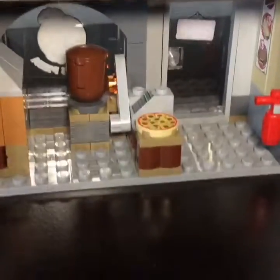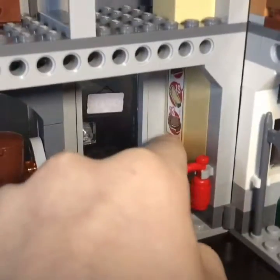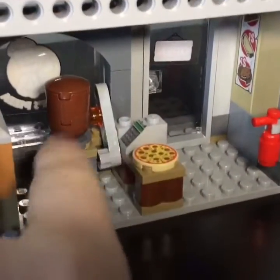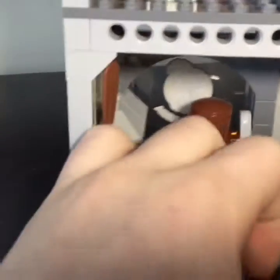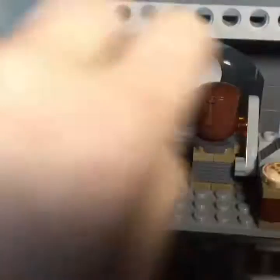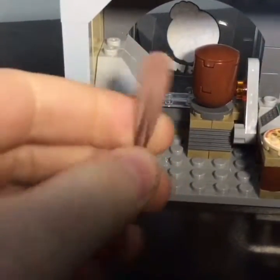And there's just some cool designs and stuff in here. On this side, we have a little fire extinguisher and a stickered menu up there. There's a pizza sitting next to this cash register and just this little thing over there. Not really sure what that is. This is just a pizza oven, and there's just an oar piece like what's in the Moana set to represent the paddle to stick the pizza in the oven. And the pizza, if we take it off,